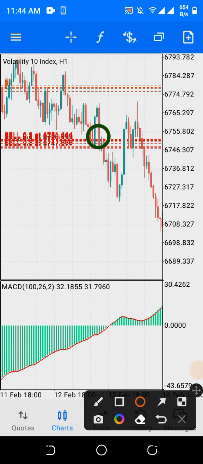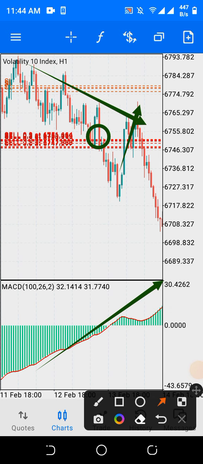But you see this little retracement. For those trading with a small account, their stop loss might not be able to handle this little retracement. So with the concept of convergence, in this case, look at it. The MACD is moving in this direction while the price is moving in this direction. So this is what a convergence concept is. They are converging at a point.